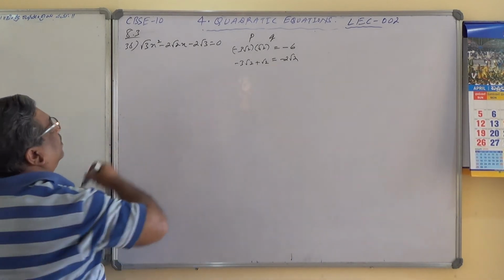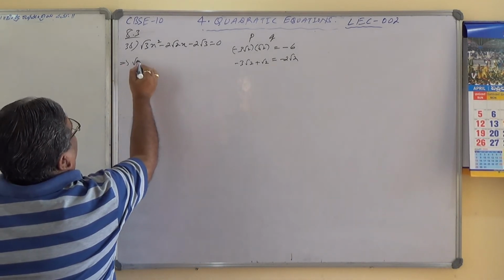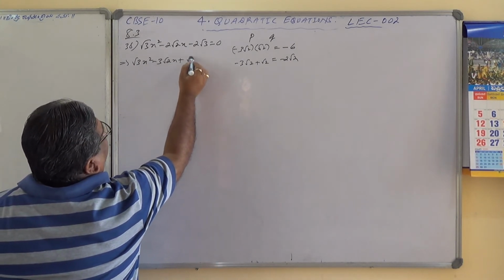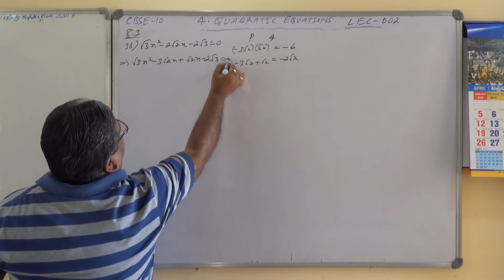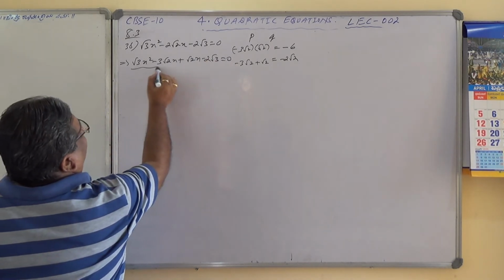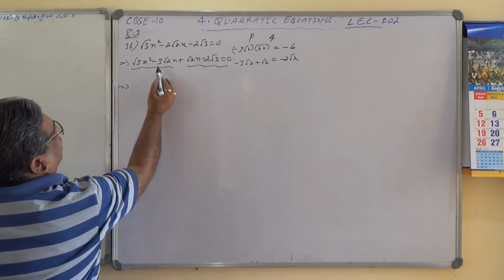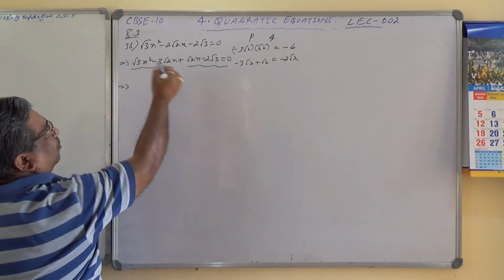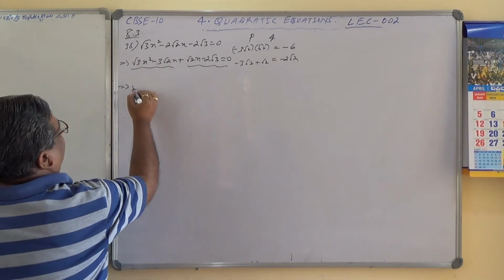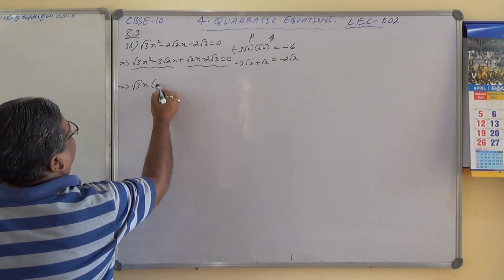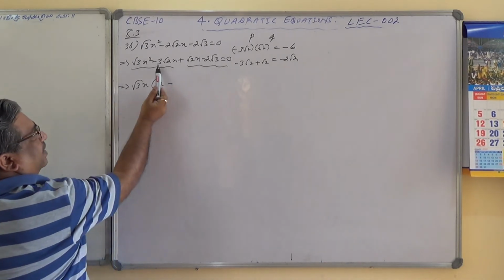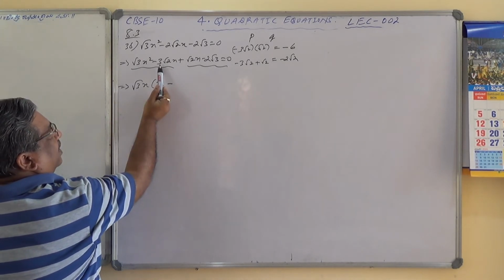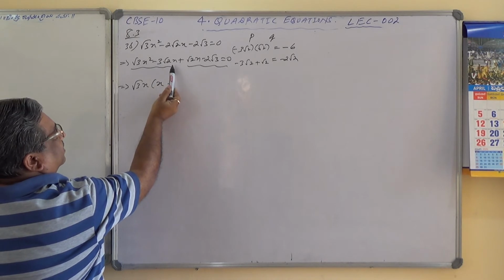So now implies root 3x square minus 3 root 2x plus root 2x minus 2 root 3 equals 0. What is common out of this and common out of this? Here 3 root 2x is there, here root 3 is there. So this 3 can be written as root 3 into root 3 into root 2x. So common is root 3x into bracket x minus this 3 is written as root 3 into root 3. So 1 root 3 has come out. So 1 root 3 balance root 3 into root 2 x.